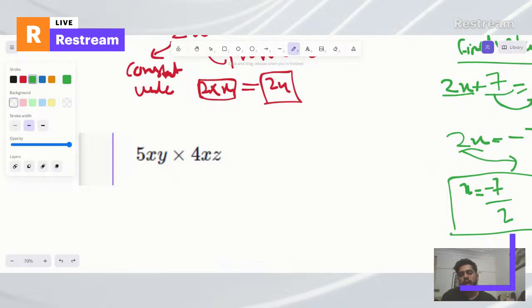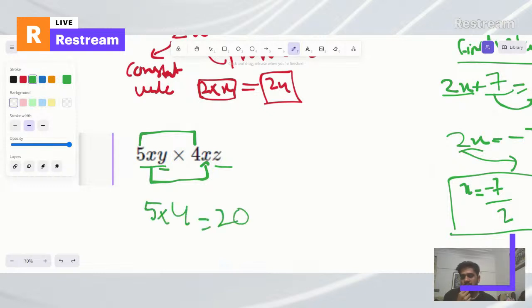What I'm gonna do is I'm gonna multiply each one of them with their correspondent. Okay, so a variable is only multiplied with its corresponding variable. Like x is gonna multiply with x, and similarly y cannot be multiplied with its other half because it doesn't have any other variable like y. Similarly z doesn't have a variable z in this expression, right? So numbers are going to be multiplied with numbers. So 5 times 4, it becomes 20, right? And then x multiplied by x,